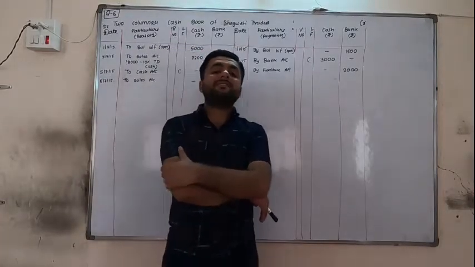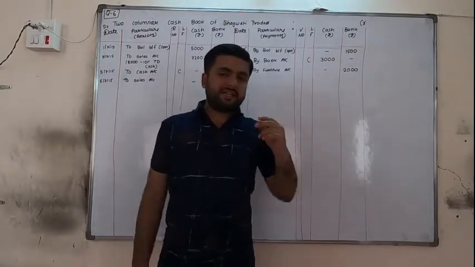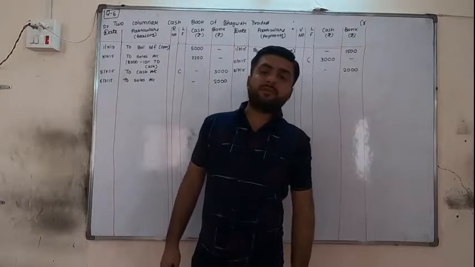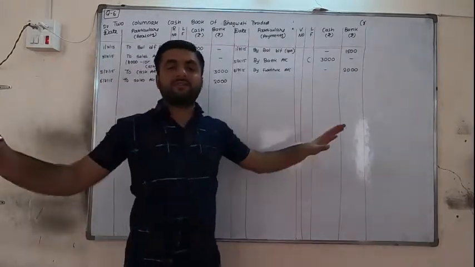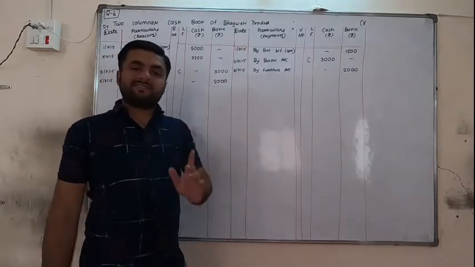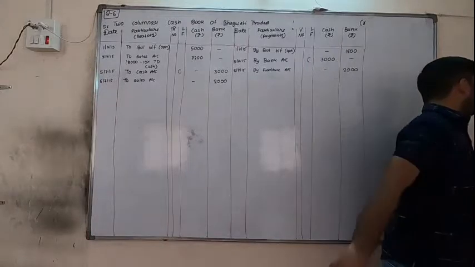You know, if the check is dishonored, then again you have to reverse that. So we will write this transaction. But if you are not writing, then also it's not a problem, because on the debit side 3000, credit side 3000, 3000 will get nil. But still we are writing. Okay, so the amount of check is 3000 and net is